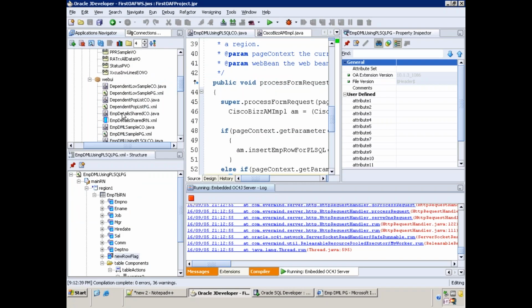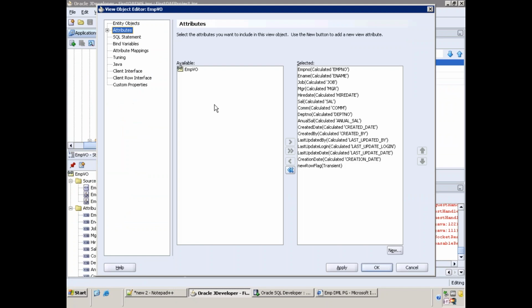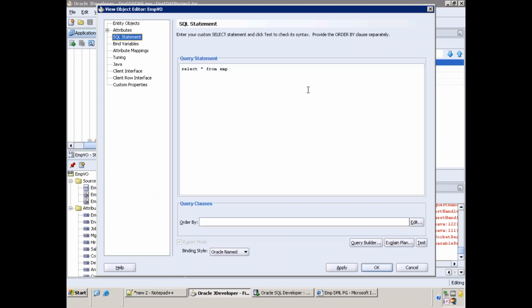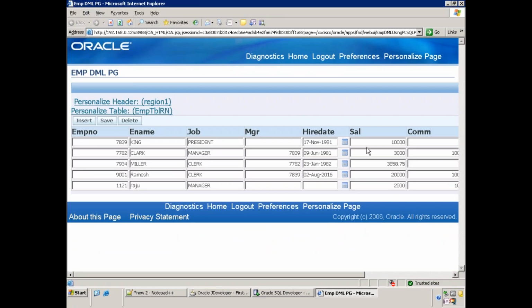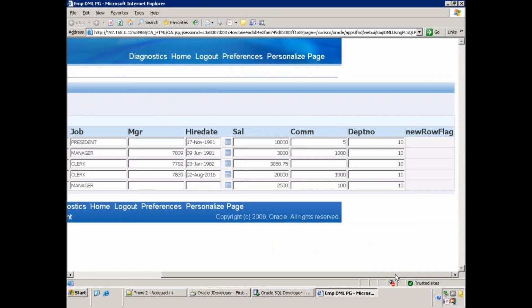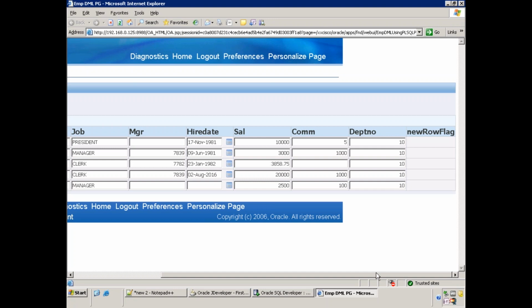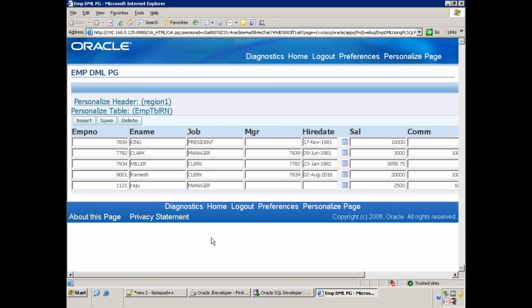But 1 minute. What is the relationship between EMP here? Okay, is it because it is linked to View link or what? I think there is some issue here, right?